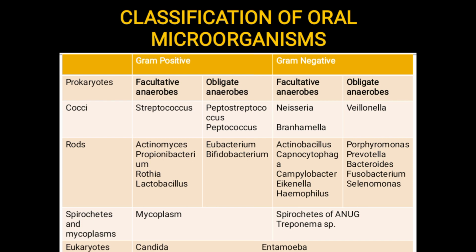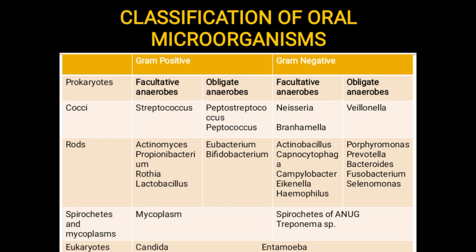Then you have Eubacterium and Bifidobacterium. In gram negative rods, we have Actinobacillus, Capnocytophaga, Campylobacter, Eikenella, and Haemophilus. In obligate anaerobes, we have rods like